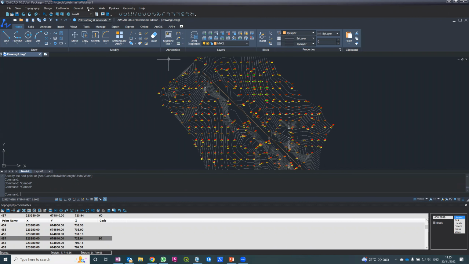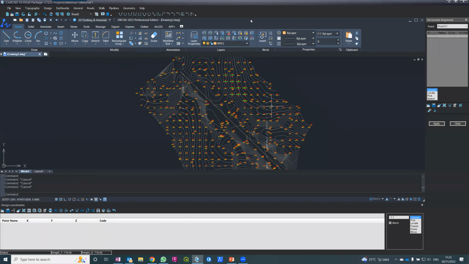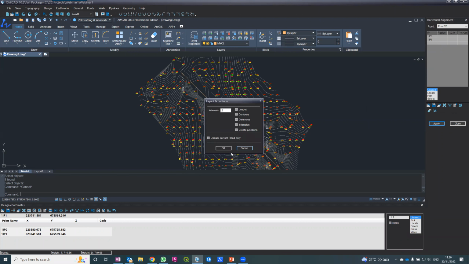So I'm going into roads, horizontal alignment. I'm pressing the select on the right. Then the command line says enter an option. I have a polyline of segments. So this is a polyline. So I press enter. It tells me, select the object. I select it, press enter again. And that's it. The software identifies one IP at the beginning, one IP at the end. You can see it here on the right. And if I press apply,